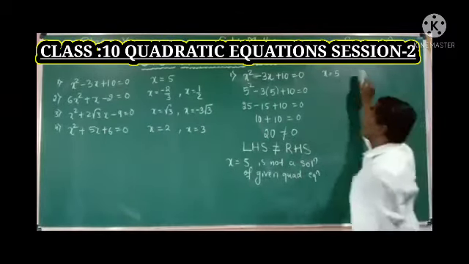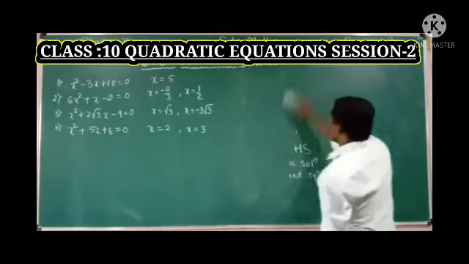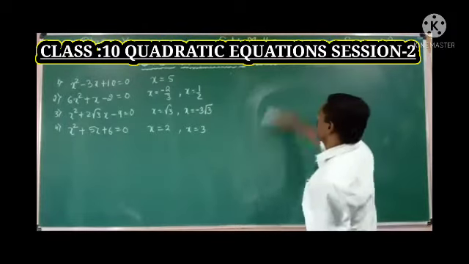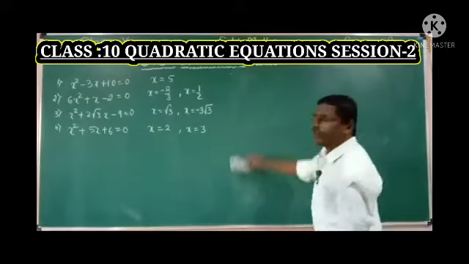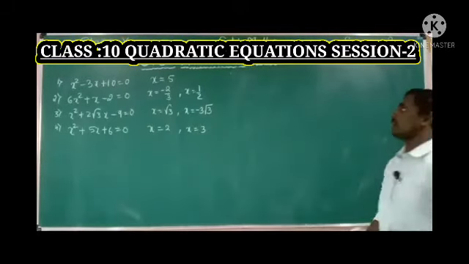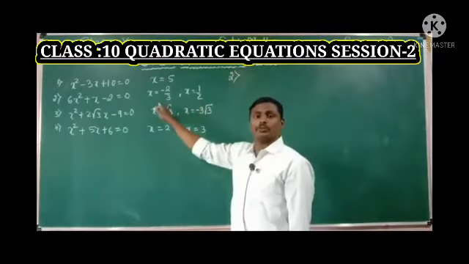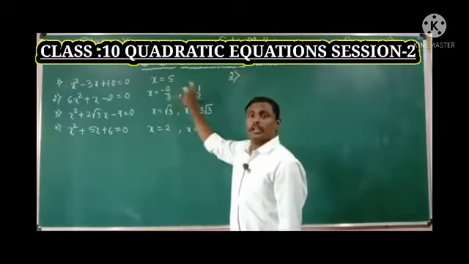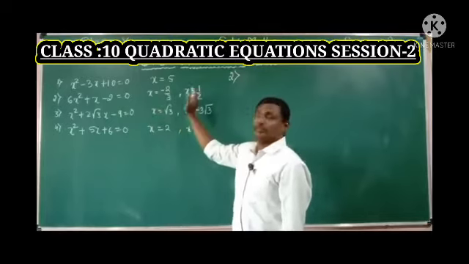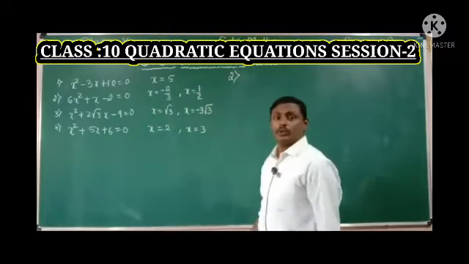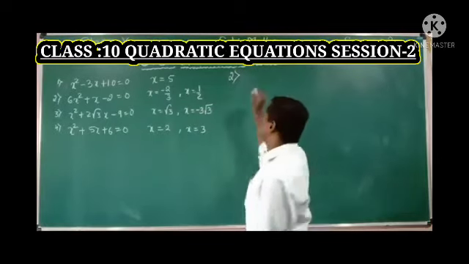Next, see the second question. In some cases they give one root only. If that root is satisfied, it means it's one of the roots of the given quadratic equation. In the second question they give two roots directly. You just need to substitute each root individually: first x is equal to minus 2 by 3, second x is equal to 1 by 2, and check whether they satisfy the given quadratic equation or not.